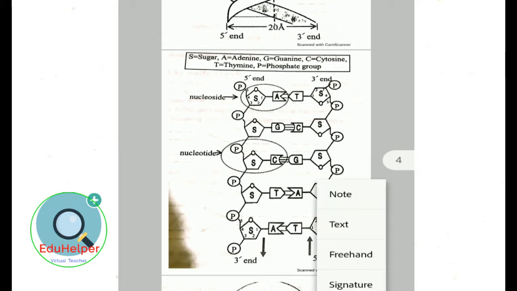The purine or pyrimidine attached to each deoxyribose projects in towards the axis of the helix. Each base forms a hydrogen bond with the one directly opposite it, forming base pairs. Adenine is always connected with thymine by 2 hydrogen bonds, and guanine is connected with cytosine by 3 hydrogen bonds.